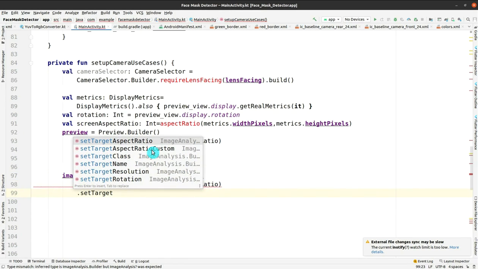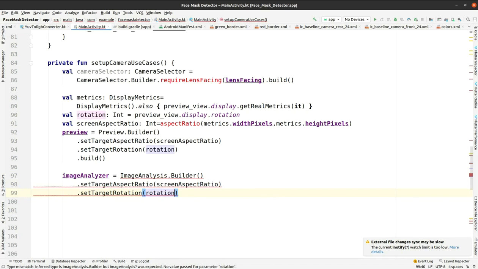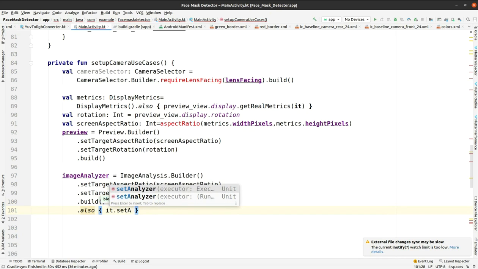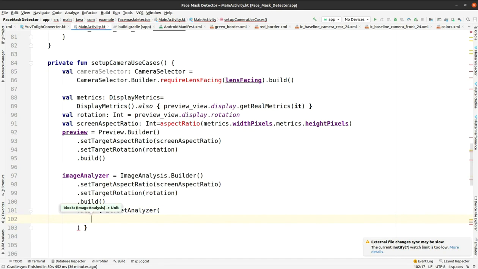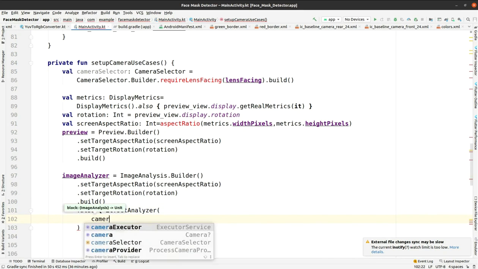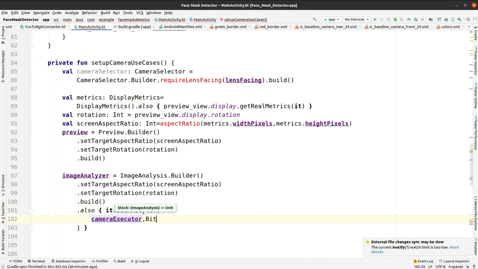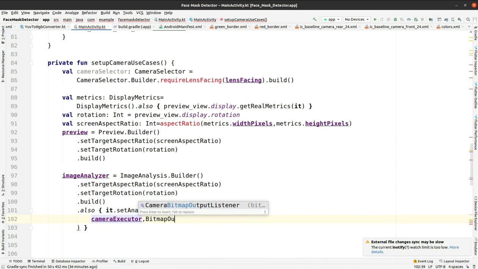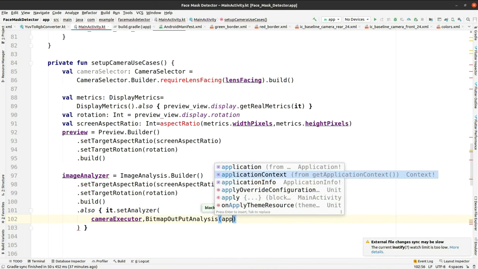Okay, so just build it, then call set analyzer from the camera executor service to the bitmap output analysis, passing the base context of the application, and it is the application context. So first of all, write it correctly: camera executor, then bitmap output analysis, then finally application context, and afterwards